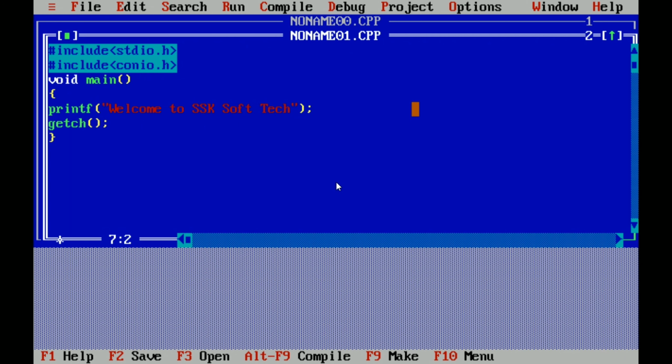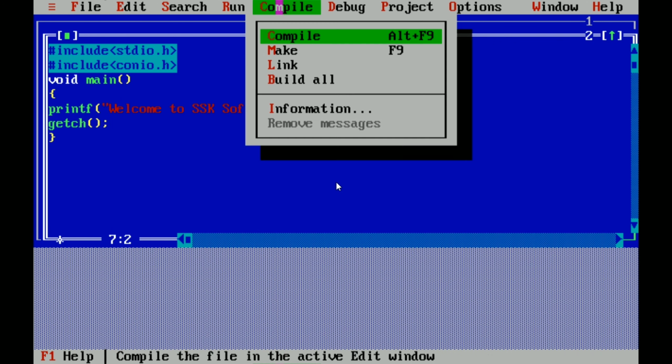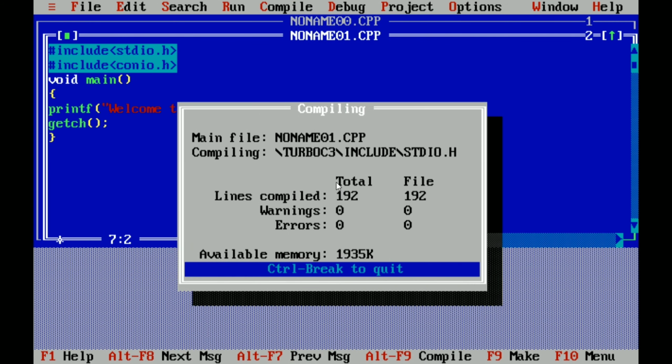Now our program is ready. So the next step, first of all we need to compile our program. Go to the compile option and then choose the compile option, or else you can use Alt F9 also. Yes, it gives us successful compilation of our program.